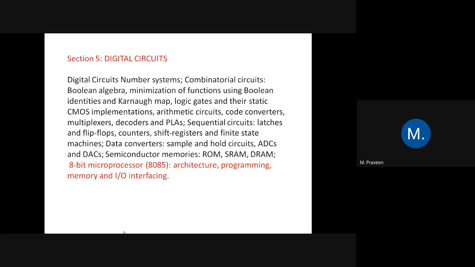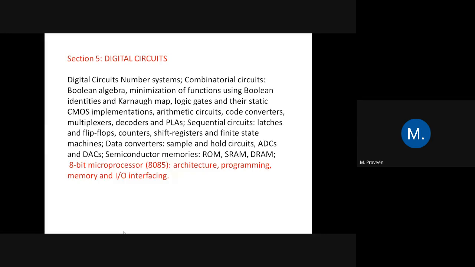Then the accumulator is common for both 8085 and 8086. In 8086 you have AX, and in 8085 you have the accumulator, which is an 8-bit register. The other things are common. You have an ALU in 8085 and 8086, and there is no memory inside 8085 as well as 8086. The other functions are more or less the same. 8085 is an 8-bit processor and 8086 is a 16-bit processor. If you go through the architecture, you can easily understand.